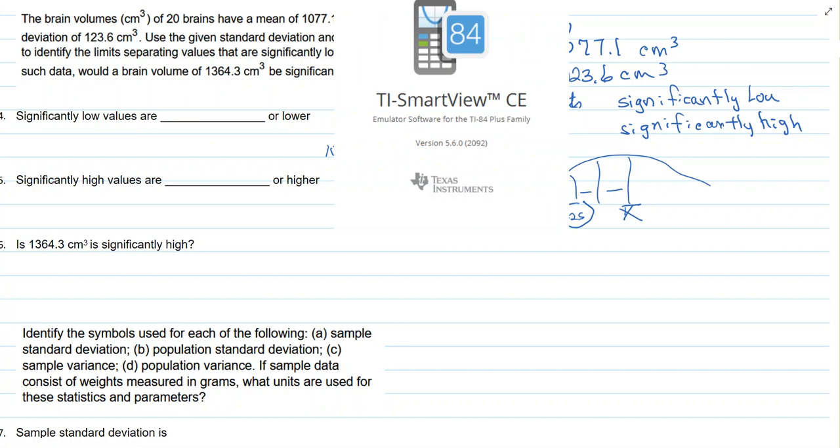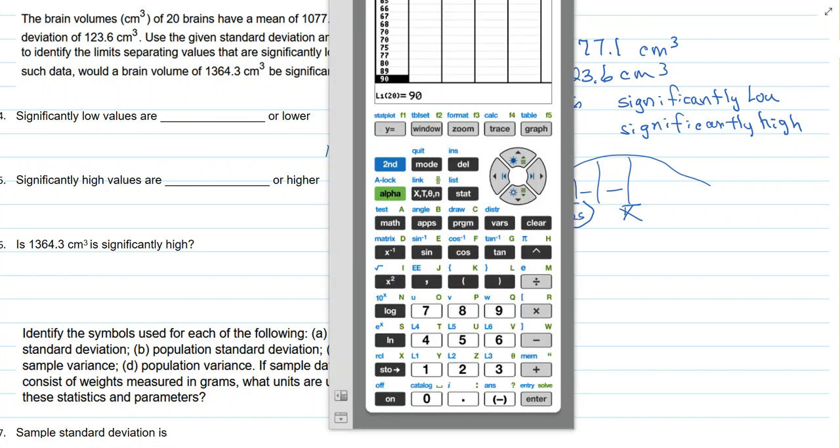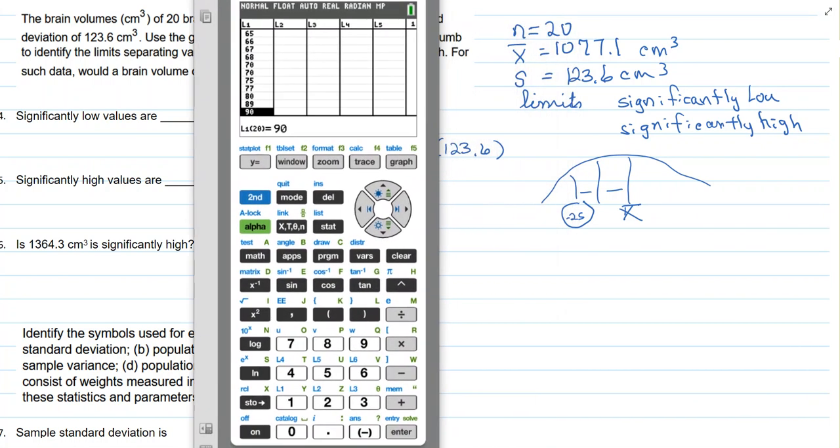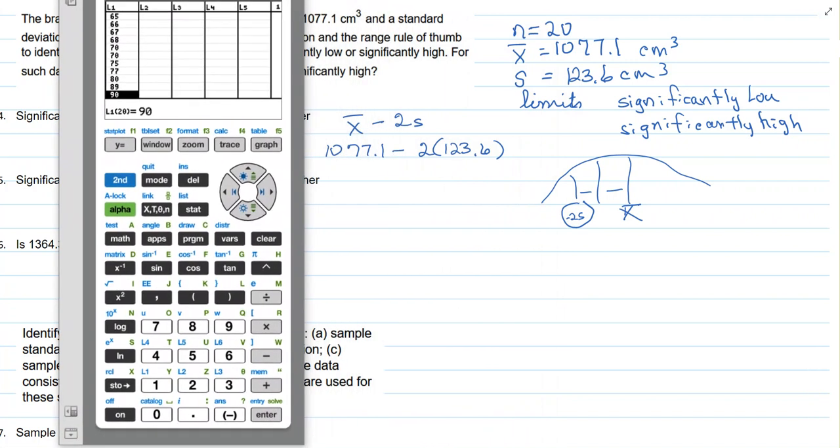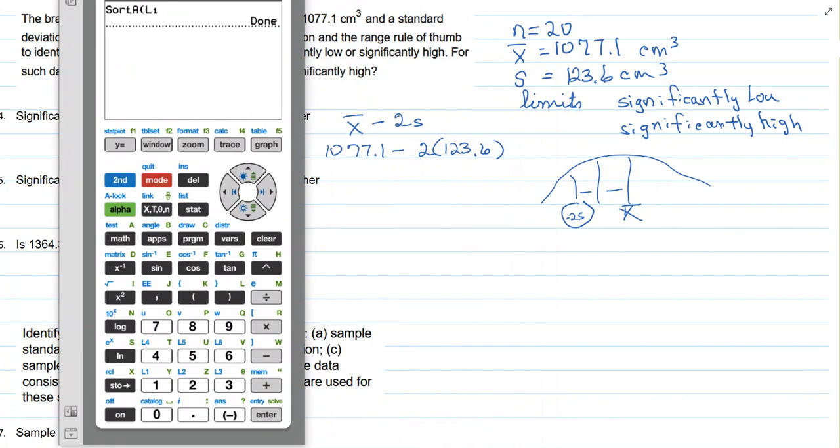Take me a second. So I'm going to do a second quit to get on my home screen. I'm going to clear it. I was working on some data, I thought,